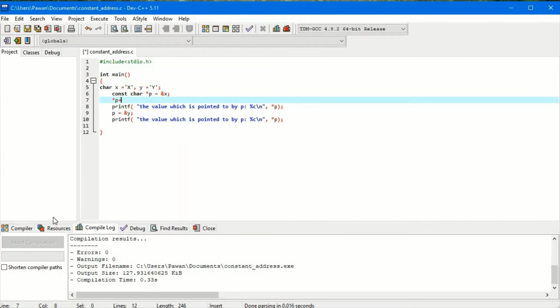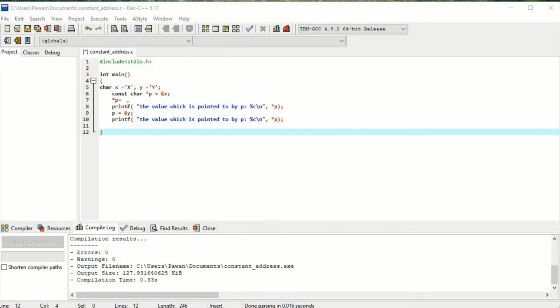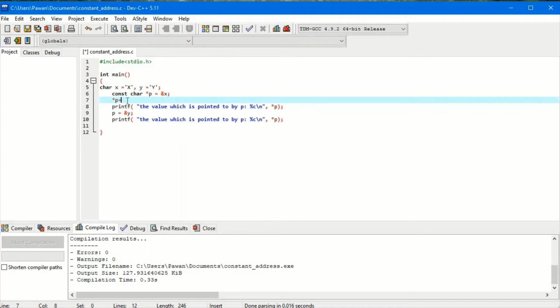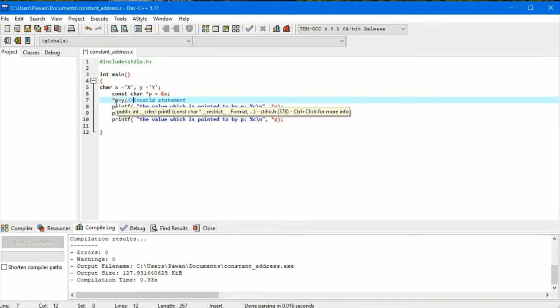If you write asterisk p equals y, this will be an invalid statement, because asterisk p means the value of the x variable.